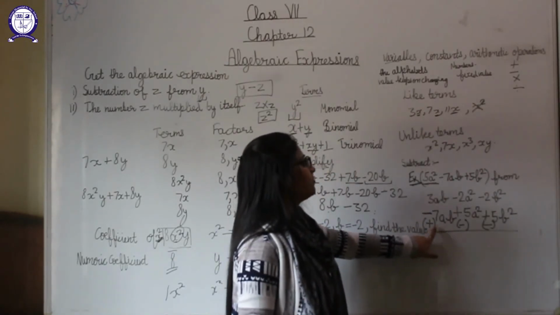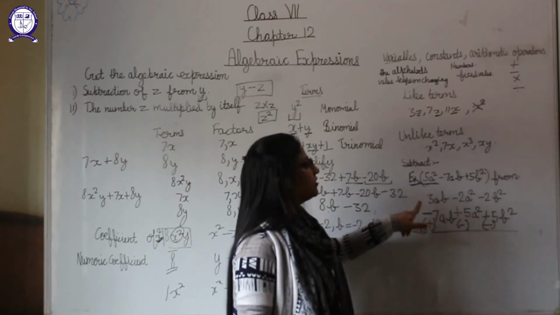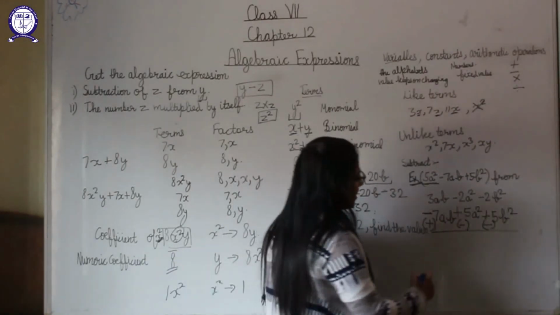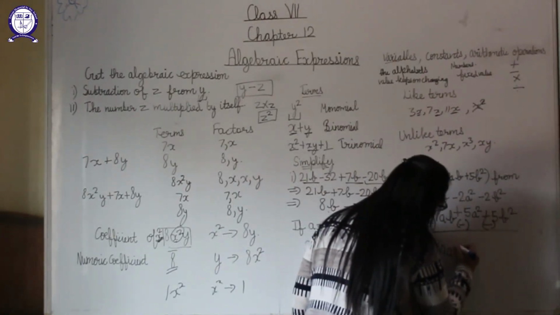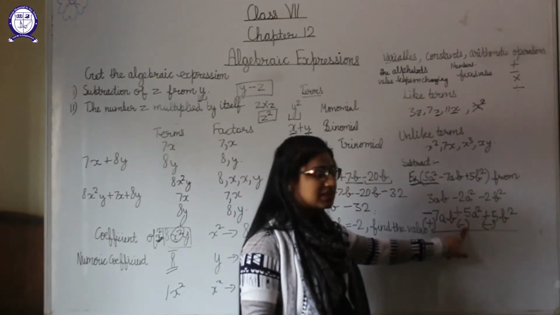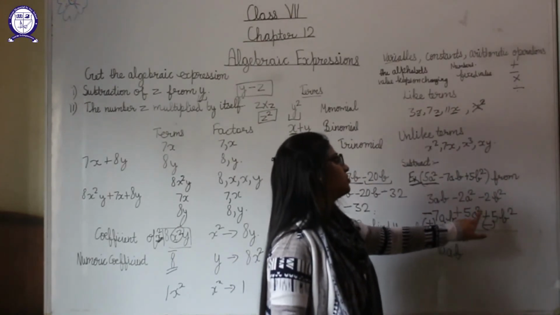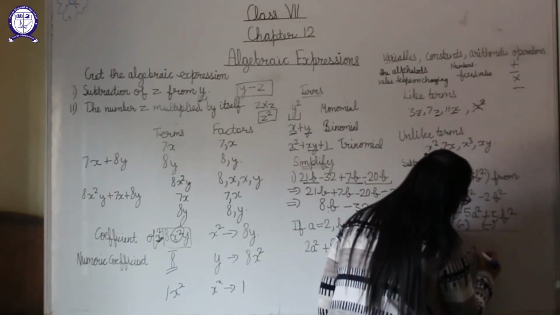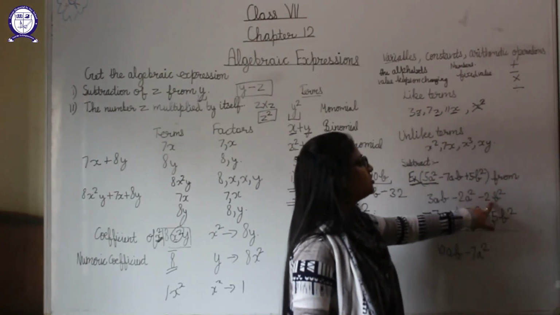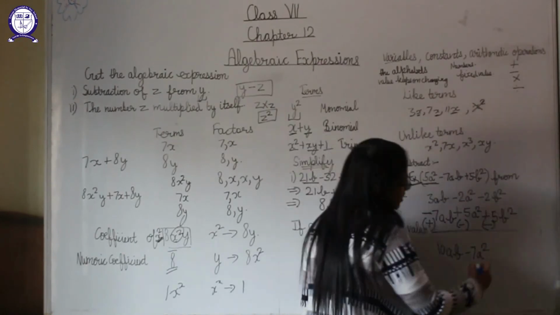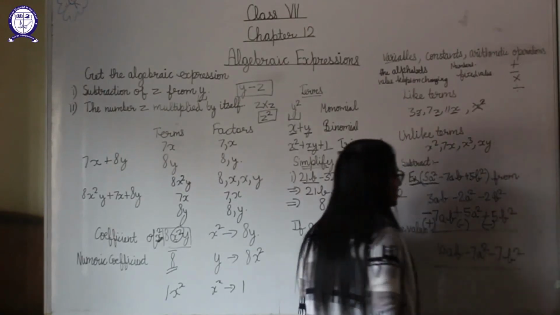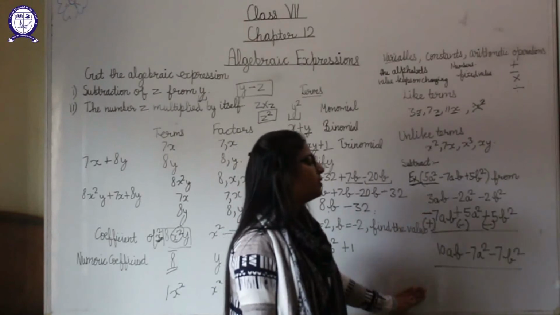Okay, as it is positive 7ab, we need to do 3ab plus 7ab, so we will get 10ab here, which will be the answer for these two terms. Now minus 2a square, and we will consider this sign, minus 5a square, so it will be minus 7a square. Now here it is minus 5b square, so minus 2b square minus 5b square, so here we are getting, students, minus 7b square, and that will be our answer for the subtraction of these two algebraic expressions.